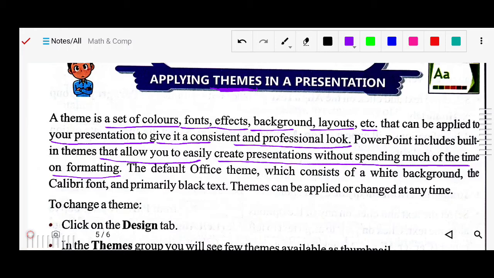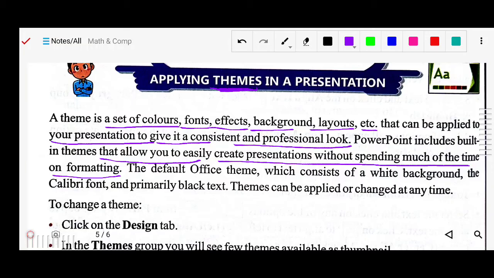Meaning, when you are doing formatting, you have a template and you are adjusting it, or you have taken a simple blank presentation and you are doing some modification and customization. But if you take a theme, there is no need to do that because it is already done, so you can simply do your work, and that will save your time.